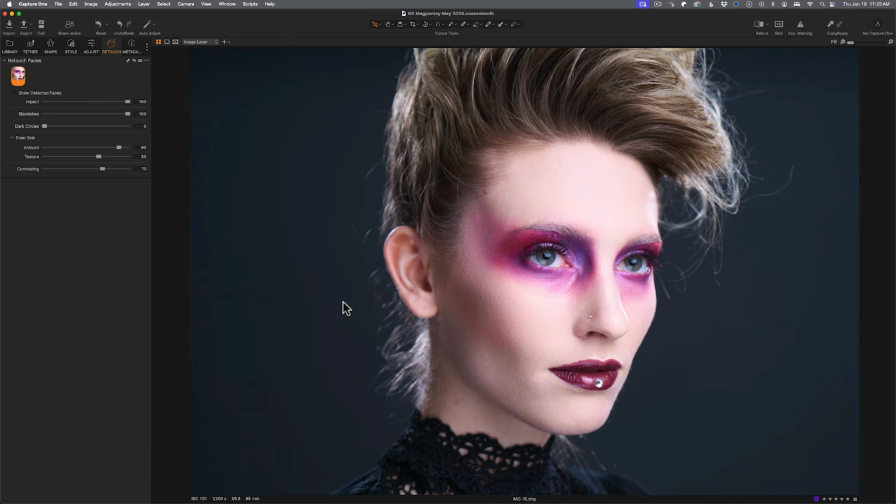Do I still have to deal with the flyaway hairs? Yes, and neither Capture One nor Lightroom do a great job with all of these flyaway hairs that need to be addressed. So I'm going to go into Photoshop for that. But I'm probably not going to have to do much work to the skin texture. Yeah, there's a few areas here that have some blemishes and some things that need to be fixed. But overall, this